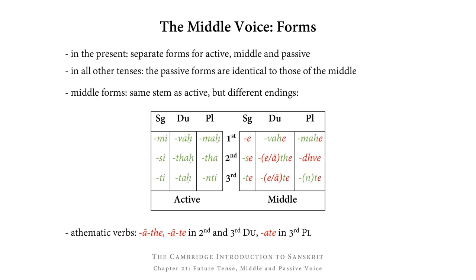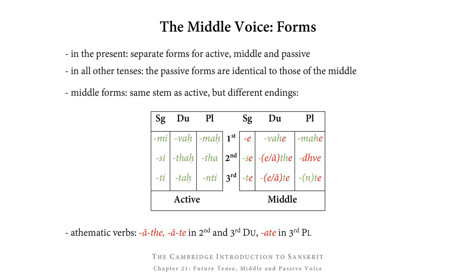So let's look at the middle forms. In the present tense, we actually have separate forms for all three voices, for active, middle, and passive. But in all the other tenses, the passive forms are identical to those of the middle. So what we're going to be doing is first of all looking at the forms of the middle, and then at the forms of the passive, the separate forms of the passive that we're going to need for the present tense. Middle forms actually use the same stem, the same verbal stem as their active counterparts, but they have